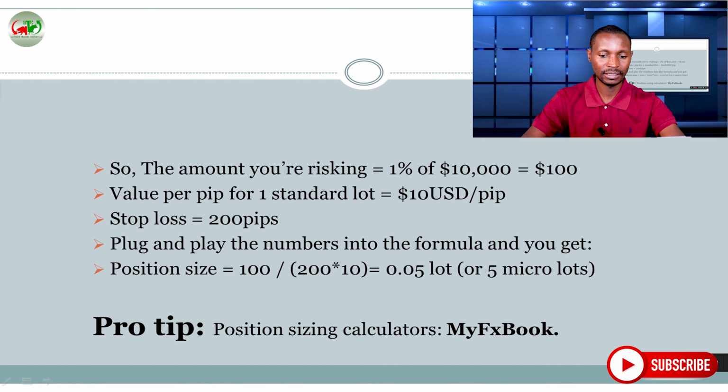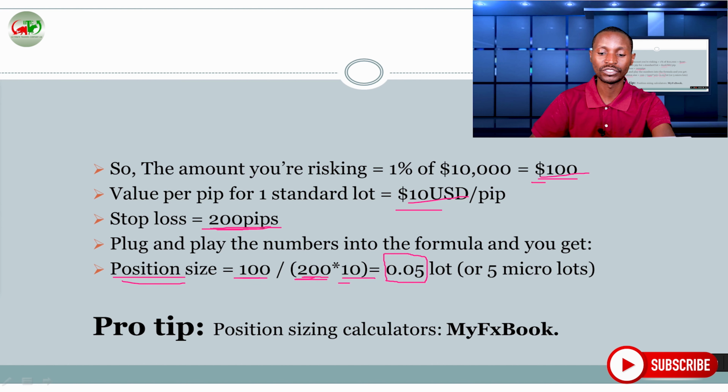Let's see the numbers and see how we can plug them in our formula. So the 1% of our risk is $100. And if you remember well, for GBP USD, for a standard lot size, the value per pip is nearly $10 per pip, and you want to risk 200 pips. So our position size will be the risk of 200 over, the stop loss is 200 pips, and the value per pip is $10, which will give us the position size of 0.05